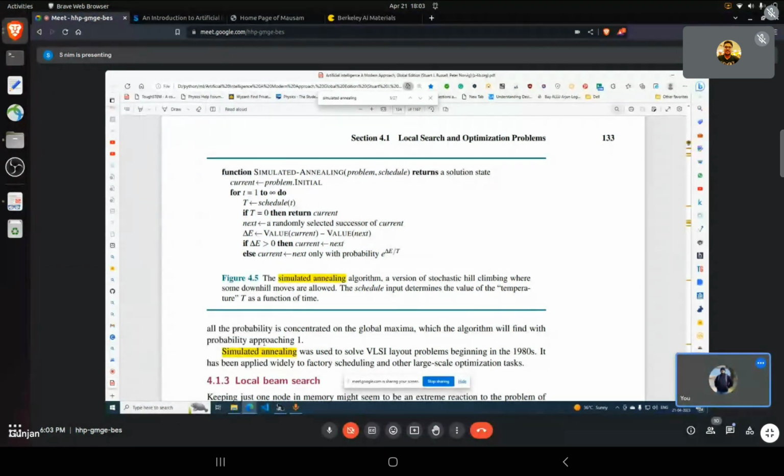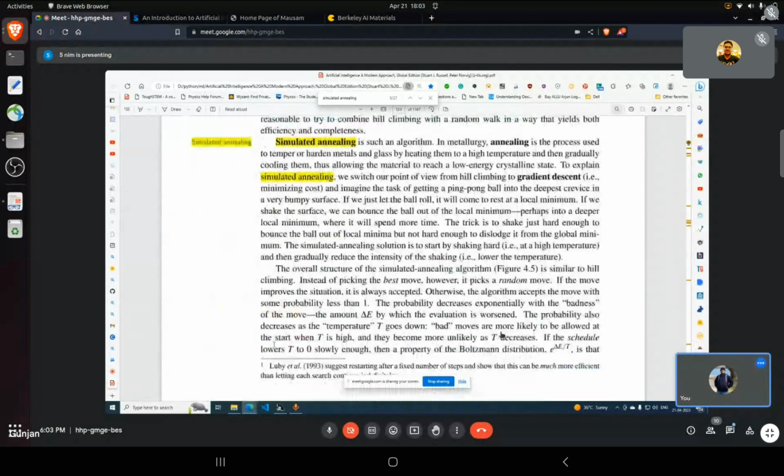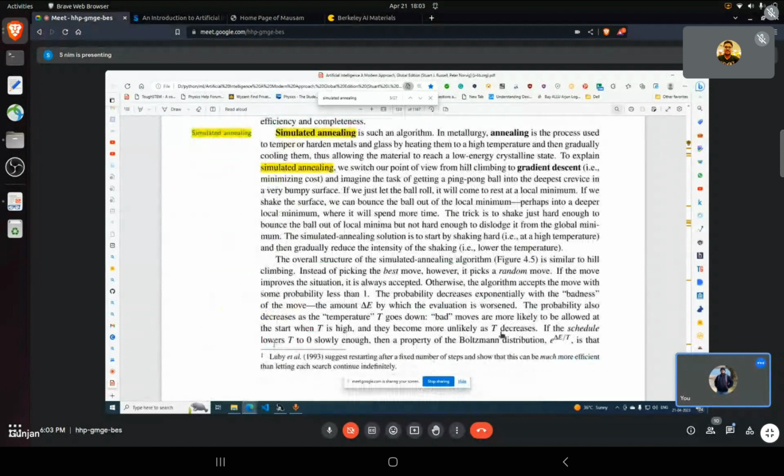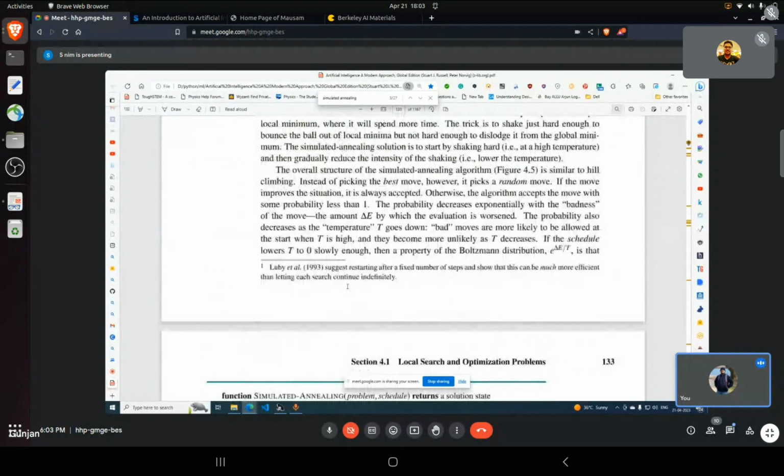Okay, so in this, can you scroll up to where it is discussing the simulated annealing, like what it is, an algorithm? The text is exactly the same in the text, so there is no difference. If we just roll the ball, gradient descent and so on, if the value of the current is